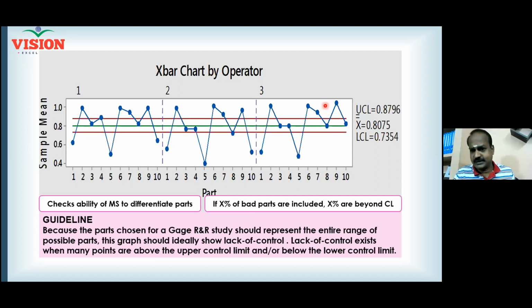Yes, okay, you're right. It's called not adequate. So you are not able to differentiate between good and bad. This is very important. Whatever percentage you are adding, because you are the person conducting the measurement system study, you can decide. You put 50%, then 50% should come out. You put all bad parts, all should come out, isn't it? So you should not let all this information be known to your appraiser.